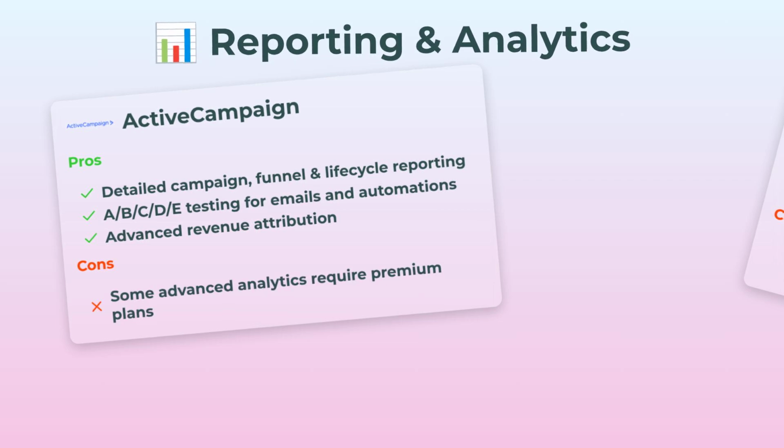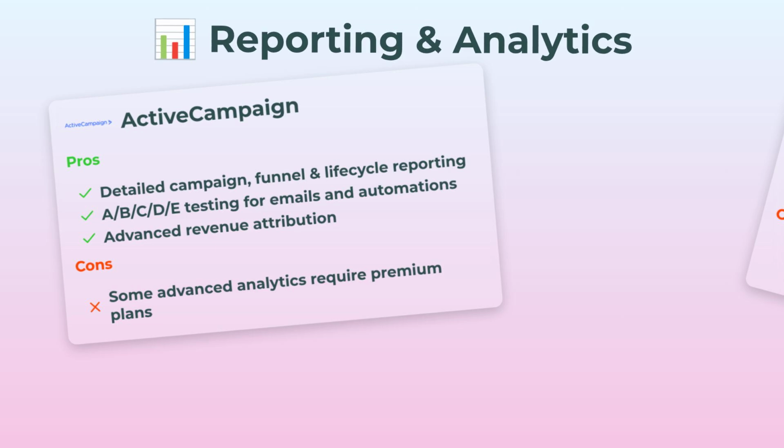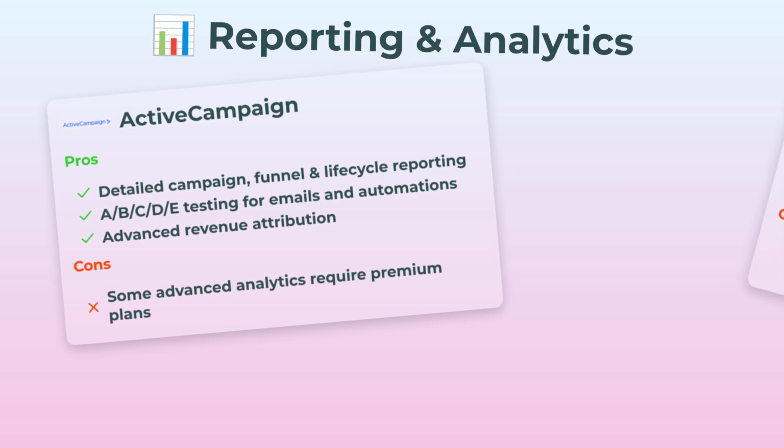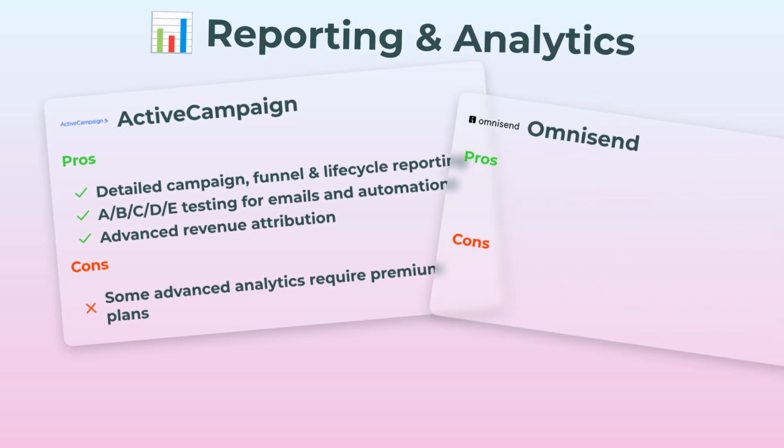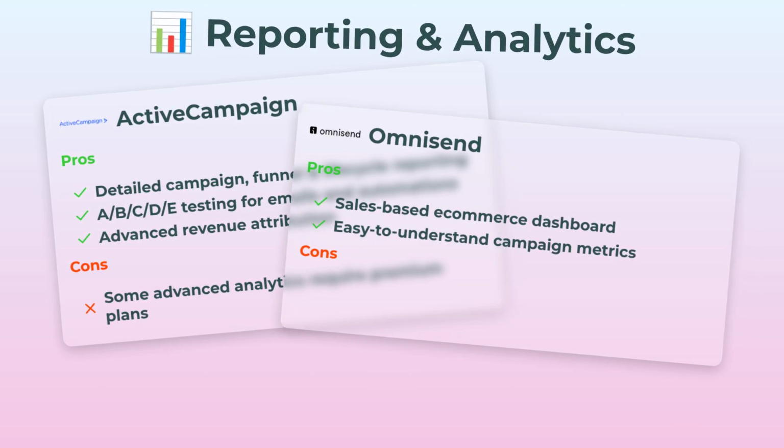Big topic. ActiveCampaign really does more here. You get super detailed reporting on campaigns, funnels, and even lifecycle stages. You can run A, B, C, D, E tests. Not just A/B, on both emails and automations, plus get a deep dive into revenue attribution. But like before, some of those